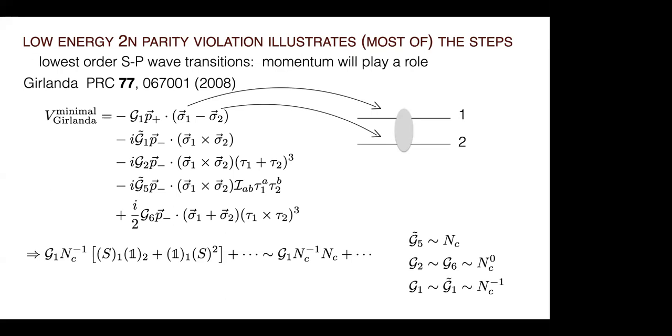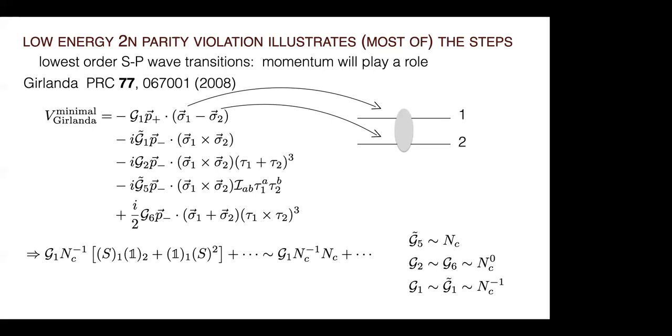And what Gerlande did was to notice an important thing, which is that in other places in the literature it was unclear how many independent low energy coefficients there actually were at a given order. And he went through and pointed out, look, you can do this Fierz, you can either start relativistically and then do the reduction, or you can start with non-relativistic. You all get these